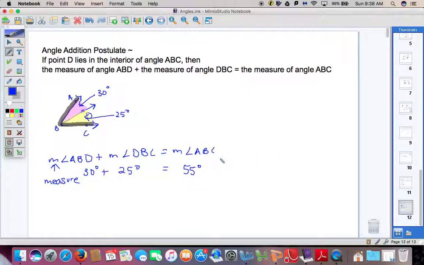And when we're talking about the measure of angles, you've got to actually put this degree symbol here because angles are measured in degrees. So you need that little degree symbol to indicate that you understand what the measure of the angles are. Okay, so the M in front means the measure of,